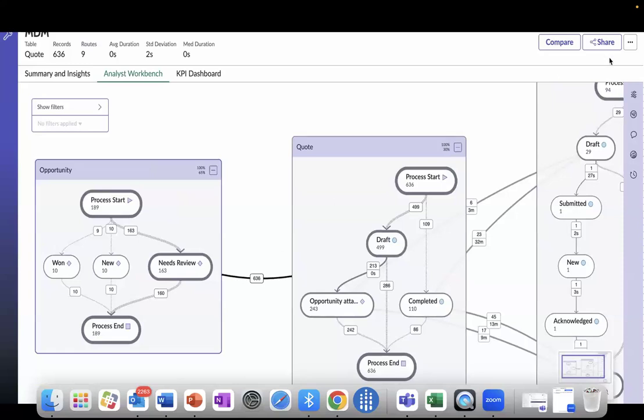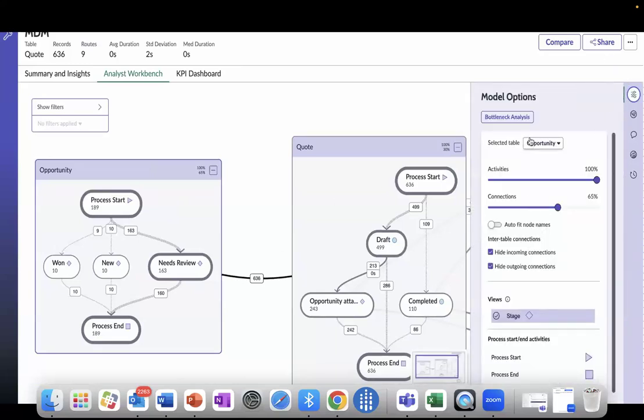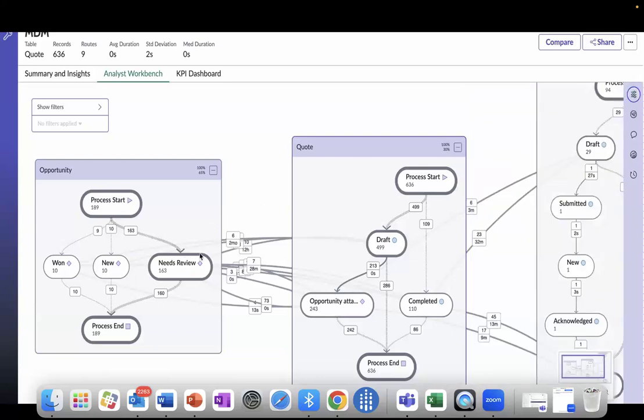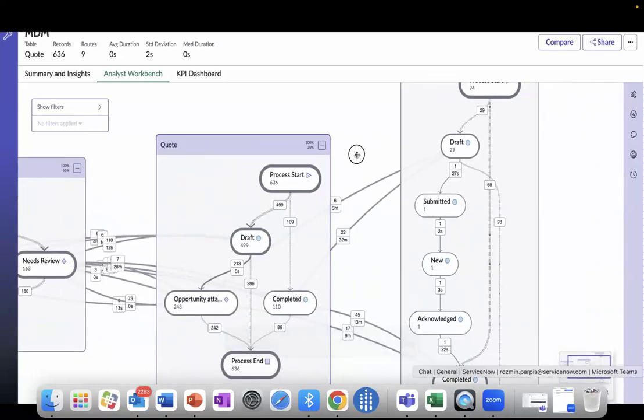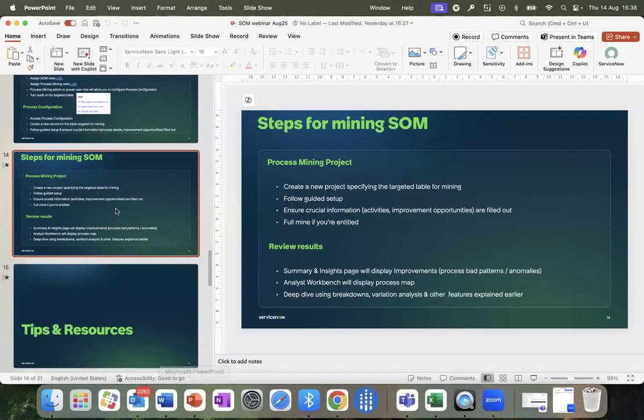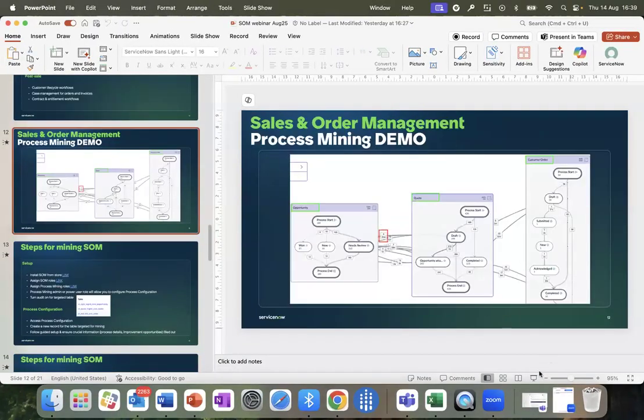So this is a very good way to spot any inefficiencies in your data set. You can even change which tables you want to hide or unhide the connections on. So here, 2 months for the records to go from opportunity to the quote draft stage, which is exactly what I was showing you as promised on this map here.